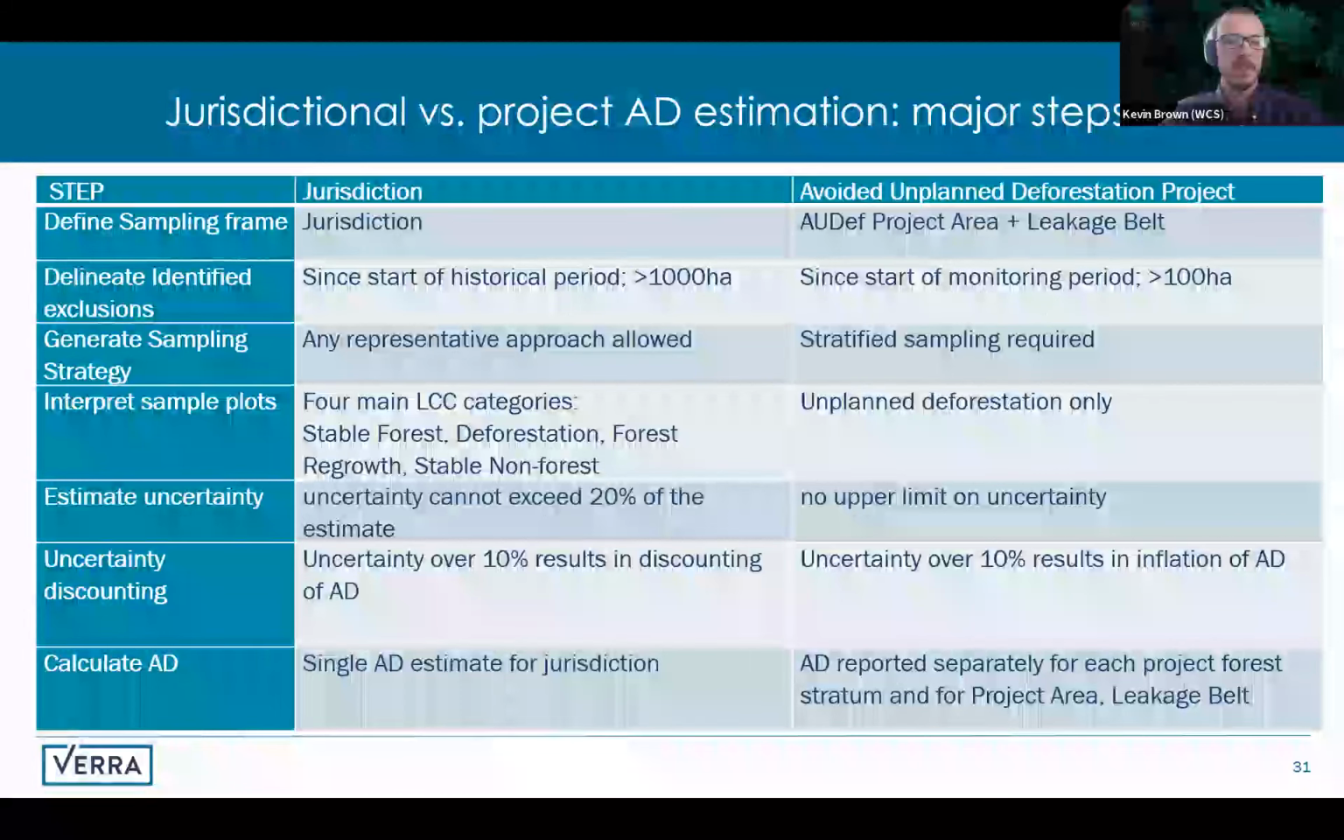As Tim mentioned, uncertainty is estimated for activity data in both cases. In the jurisdiction, activity data is discounted if uncertainty is above 10%, but there's a hard 20% ceiling on uncertainty. So in no cases should the data service providers be developing activity data estimates that exceed 20% uncertainty. For the project case, the 10%